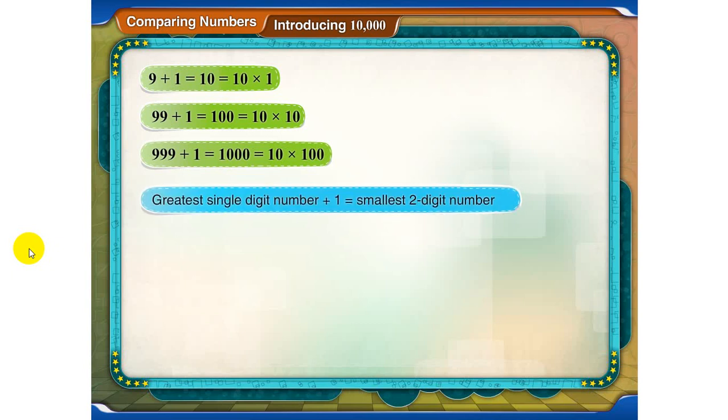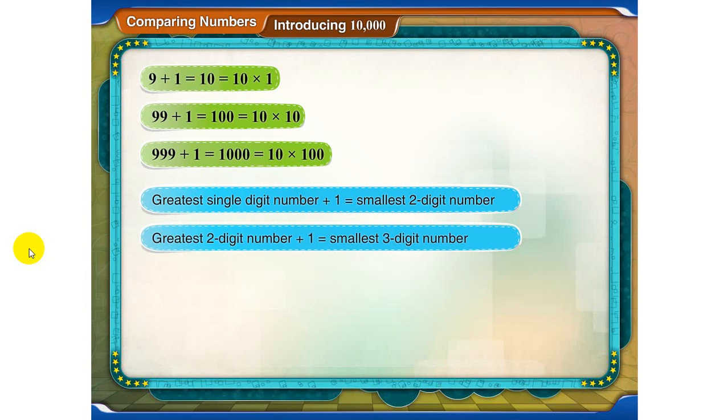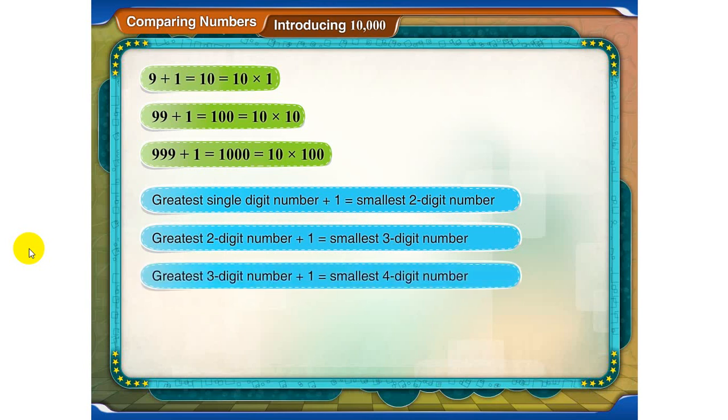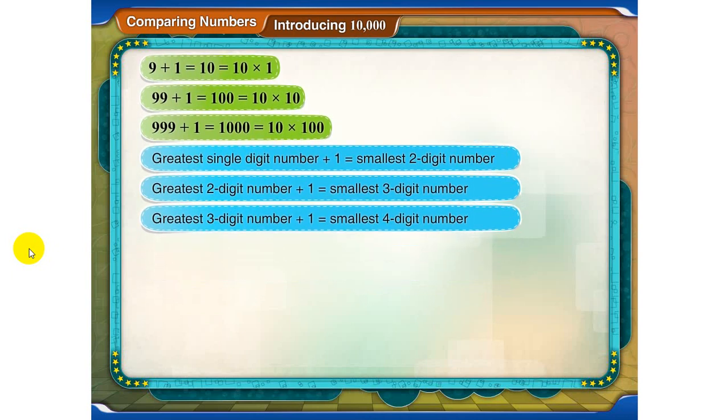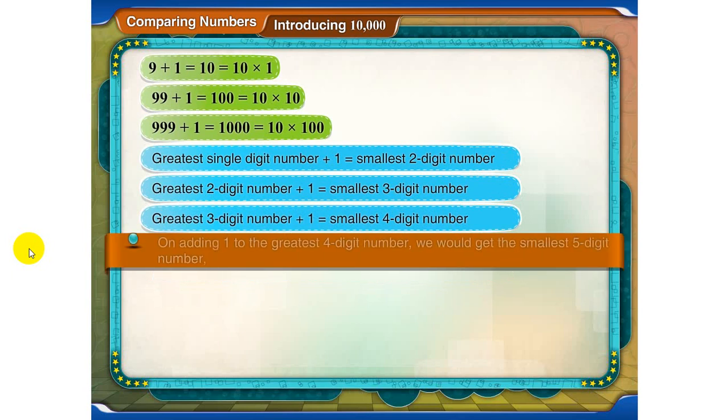Greatest single digit number plus 1 is equal to smallest two-digit number. Greatest two-digit number plus 1 is equal to smallest three-digit number. Greatest three-digit number plus 1 is equal to smallest four-digit number. We should then expect that on adding 1 to the greatest four-digit number, we would get the smallest five-digit number,